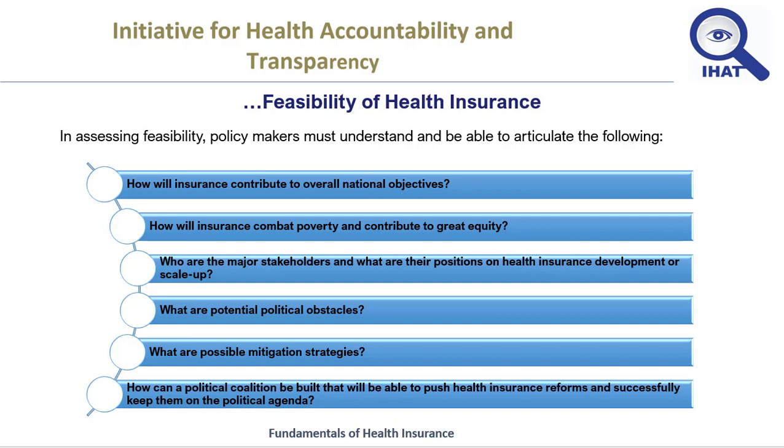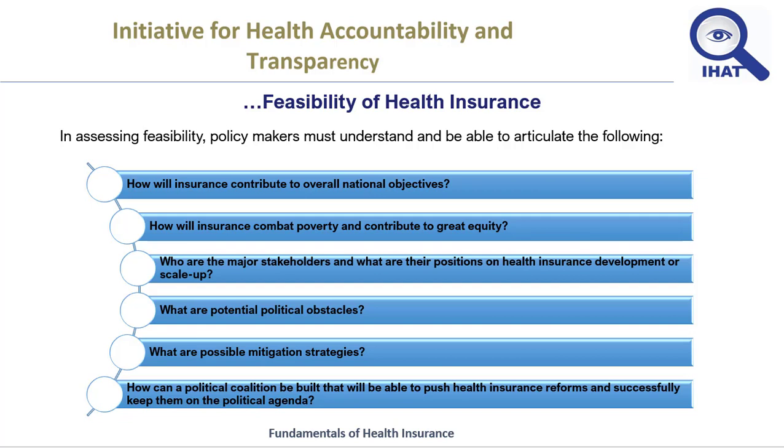How will insurance combat poverty and contribute to greater equity? Who are the major stakeholders and what are their positions on health insurance development or scale-up? What are potential political obstacles? What are the possible mitigation strategies? How can a political coalition be built that will be able to push health insurance reforms and successfully keep them